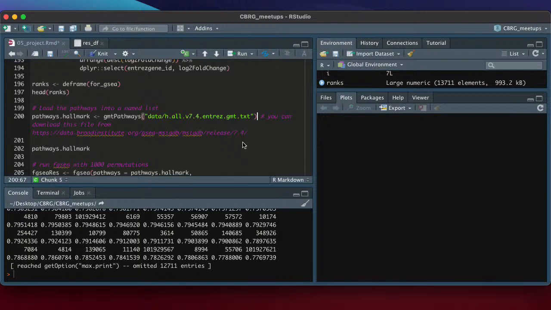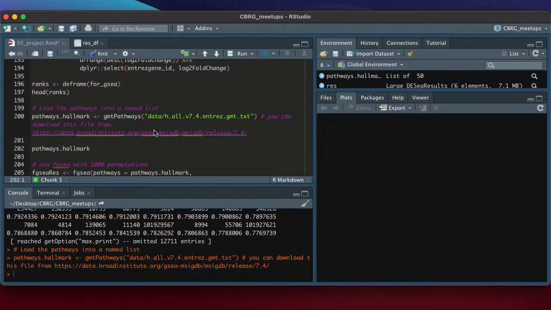So one approach is to just download the set of gene sets, the hallmark set. I've put this URL here that takes you to this collection. The collections come in either gene symbols or Entrez IDs, so you have to make sure that you get the right one. This H stands for hallmark. It's the most recent version because these things keep getting updated. And it's Entrez. Then we can use this function called gmtPathways to get the pathways.